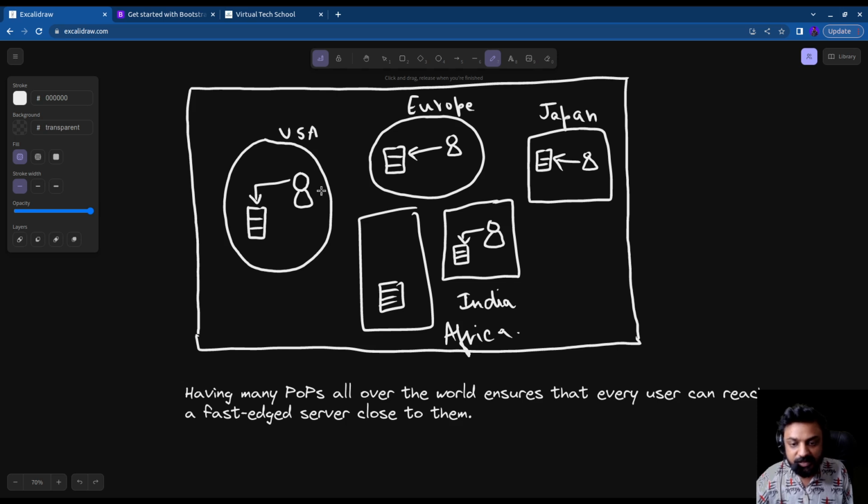So now this user would have to access this data from this database, right? This user also would have to access the database from here, this also from here, this also from here, right? So something like that, right? Now